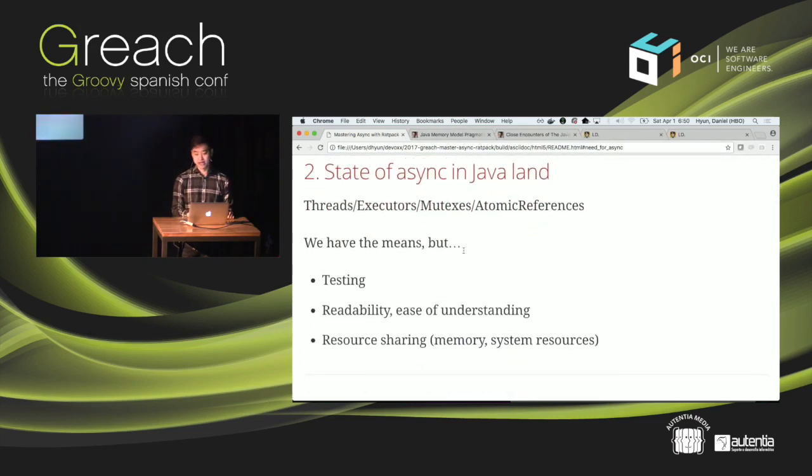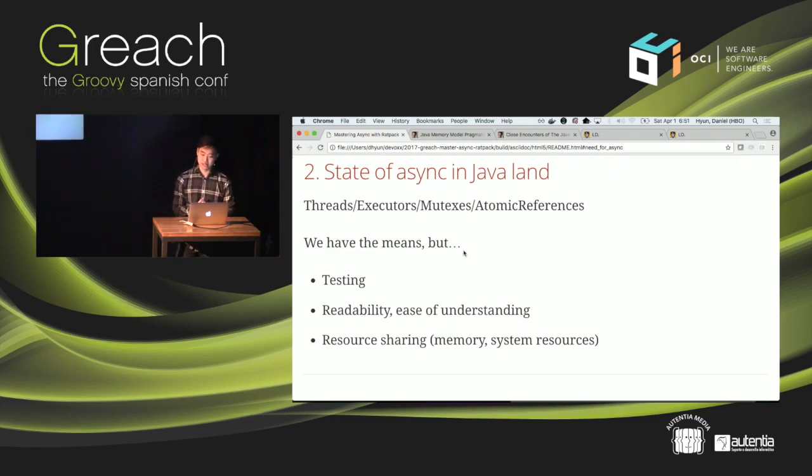So, okay, fine. So you'd like to use asynchronous coding because somehow it allows us to use less resources. Well, what does that look like in terms of the JVM ecosystem? We have primitives for working with asynchronous code. We have threads, executors. We have mutexes in some kind of way, right? Like we have read-write locks. We've got synchronized. We've got the ability to have synchronized lock objects and things like that. And we also have things like atomic references that guarantee atomicity on each operation.